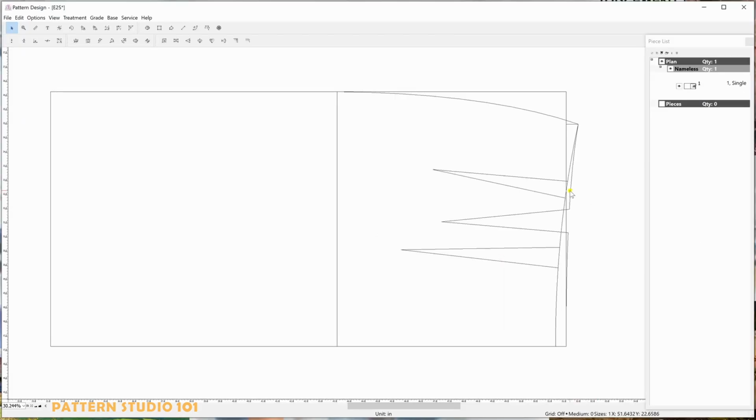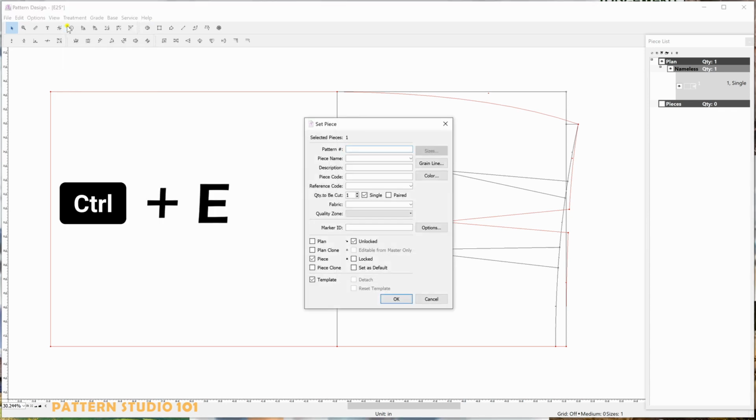Then let's make a piece. You select the contour line for the front skirt. See the red lines that I selected? And go to menu, treatment, set piece, or there's a shortcut, Control E. You can enter all the information here.